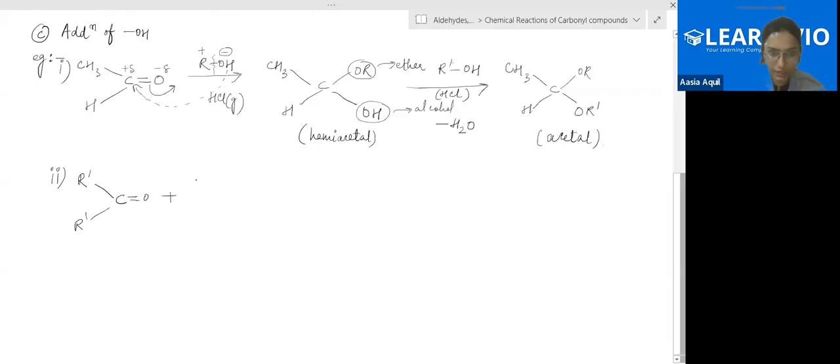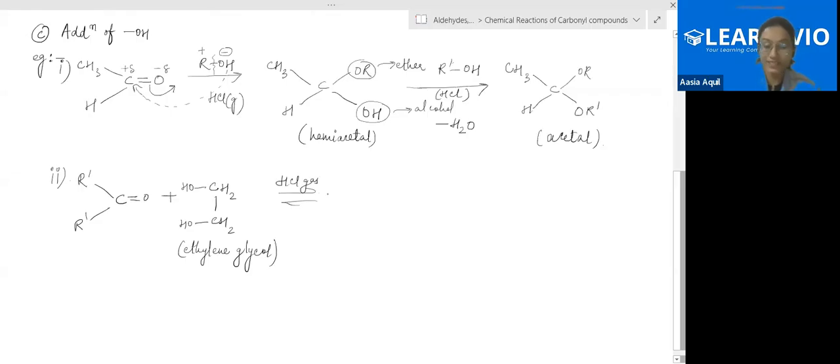When you treat this ketone with ethylene glycol, CH2 is attached to another CH2, and here two alcohol groups are there, OH groups attached to both the carbons. This is your ethylene glycol. When you pass HCl gas,